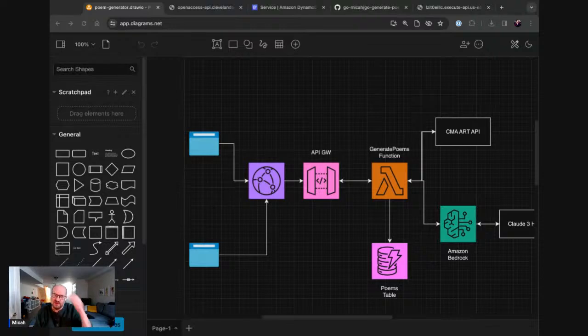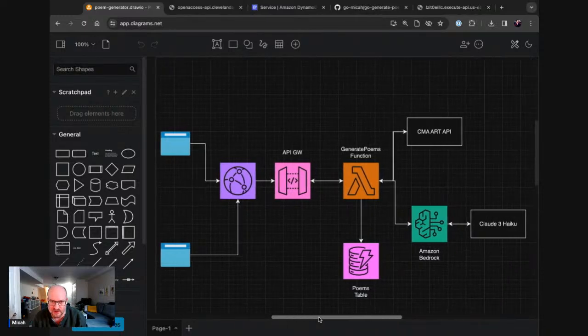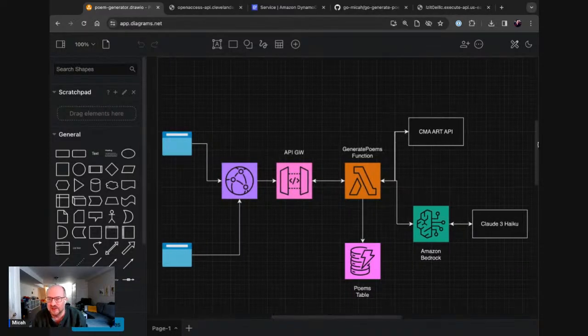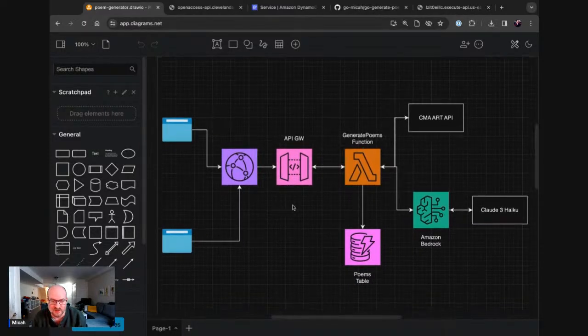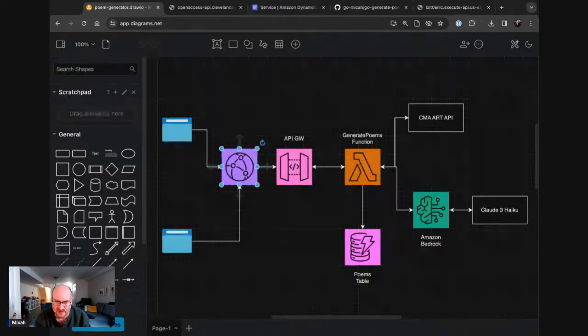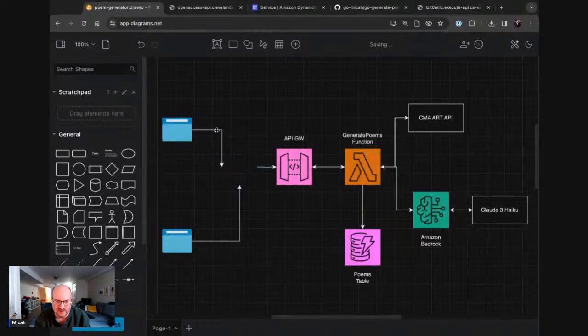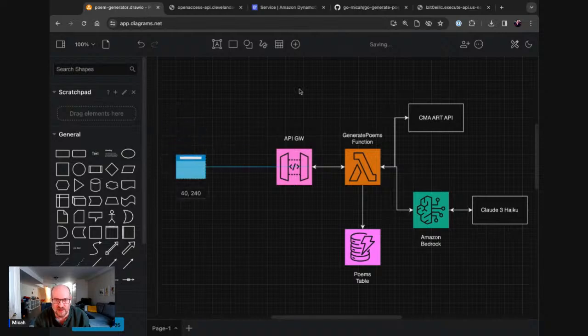Cool. So this is our architecture we've been working on for a few weeks now. Seems like more. Maybe it's been a month. I don't know. We've been working on this for a while. So I really want to get this wrapped up. And so first of all, let's clean this thing up because I feel like I keep saying we're going to get to this, and we never do. So let's just get rid of some of these things. Let's clean this guy up a little bit so we can have a good discussion about it. But anyway, this is what we're building.